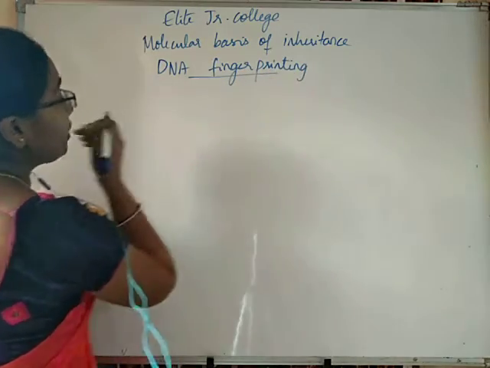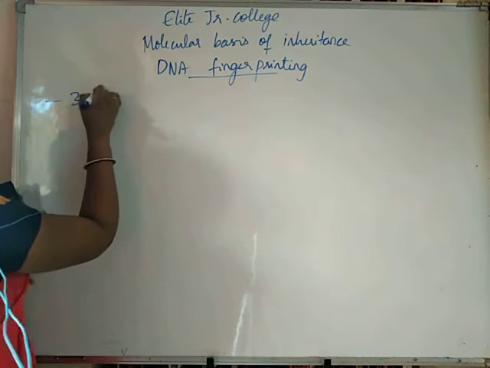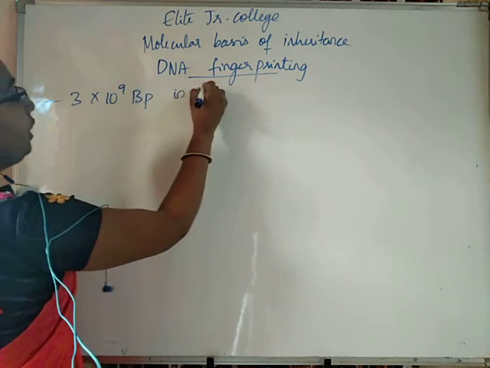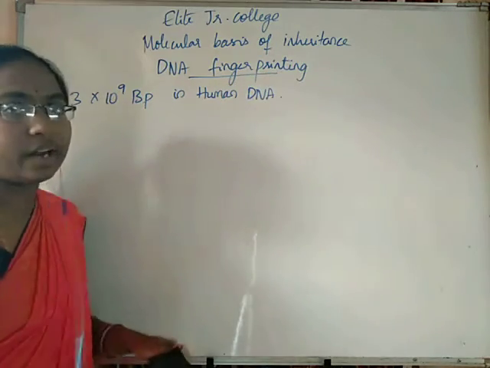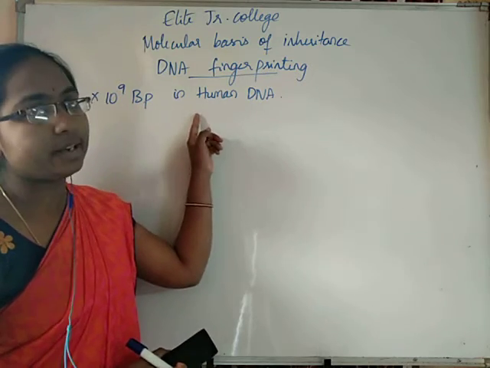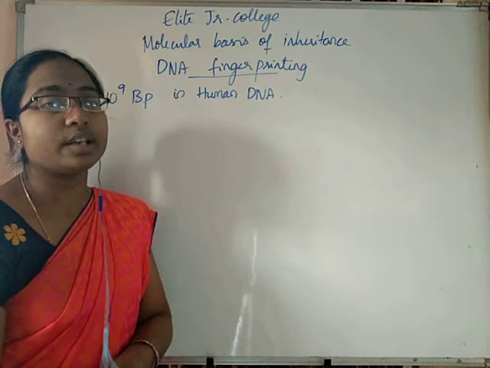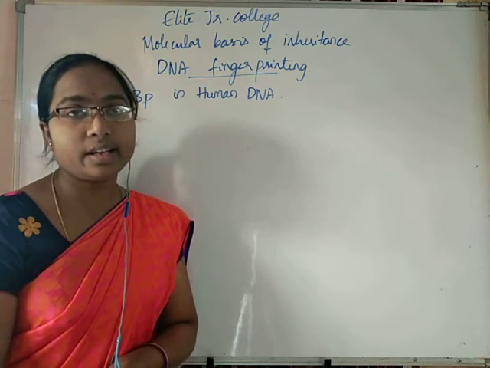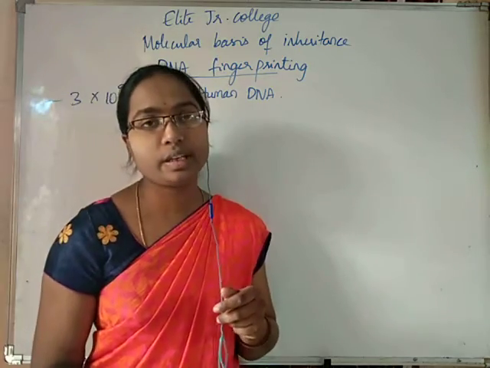DNA fingerprinting. See students, we have already studied that there are nearly 3 into 10 to the power of 9 base pairs found in the human DNA. This we have already studied, right? There are nearly 3 into 10 to the power of 9 base pairs in the human DNA, right? So according to this, if there are 3 into 10 to the power of 9 base pairs in the human DNA,